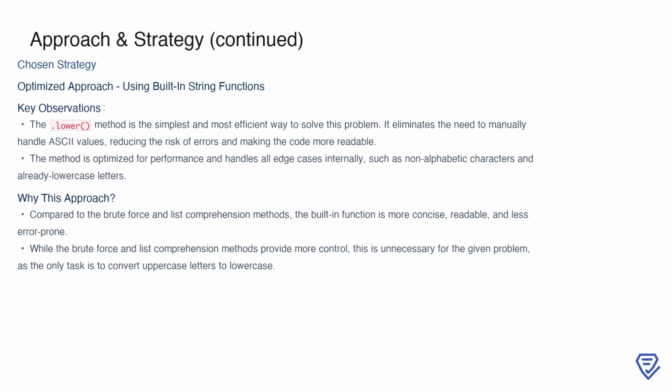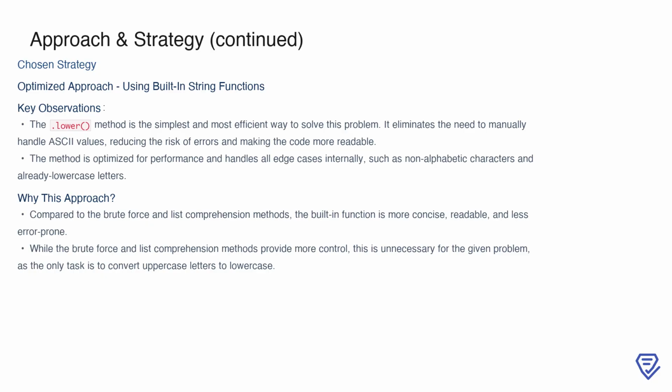It is the simplest and most efficient approach, avoiding manual handling of ASCII values, which reduces the risk of errors. Furthermore, this method is optimized for performance, handling edge cases such as non-alphabetic characters and already lowercase letters internally. Compared to the brute force and list comprehension methods, .lower is more concise and readable, making it the ideal choice for a problem where the sole requirement is converting uppercase letters to lowercase. While the other methods offer more control, this level of customization is unnecessary in this context, emphasizing the practical advantages